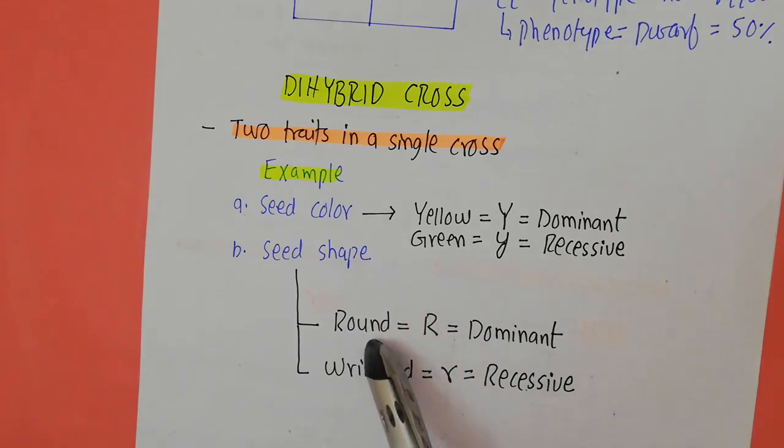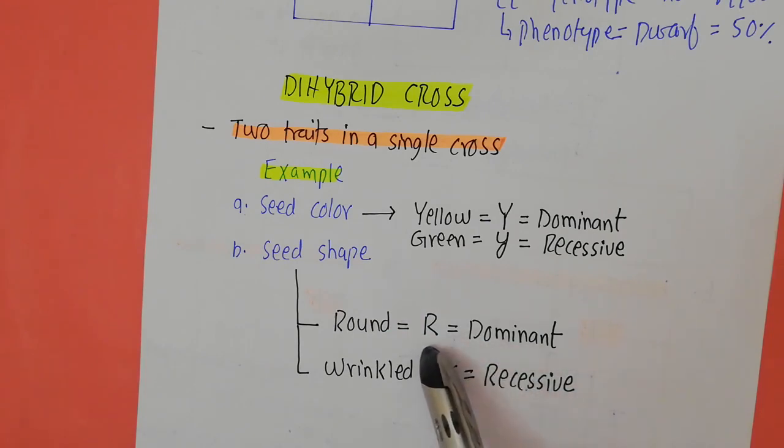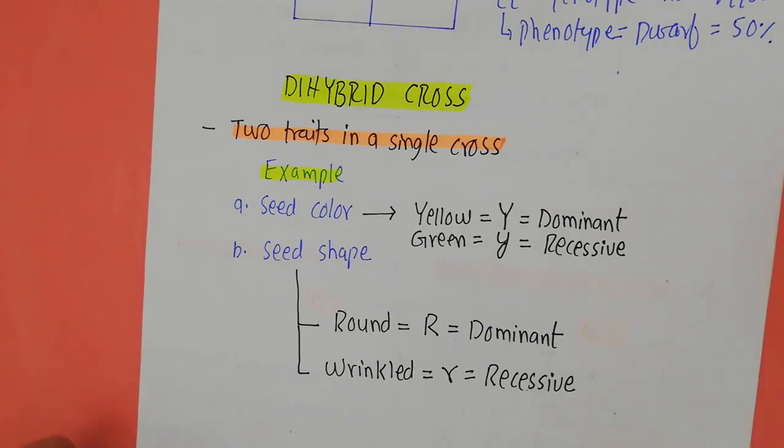The seed can be round in shape, and this round shape is dominant, therefore we represent that with a capital R. The seed can also be wrinkled in shape, and this wrinkled shape is a recessive trait, therefore the allele for it is represented by the small r. What he did was that in the first